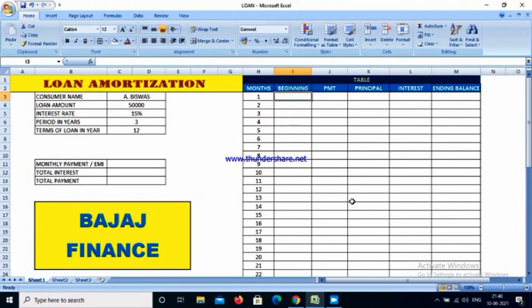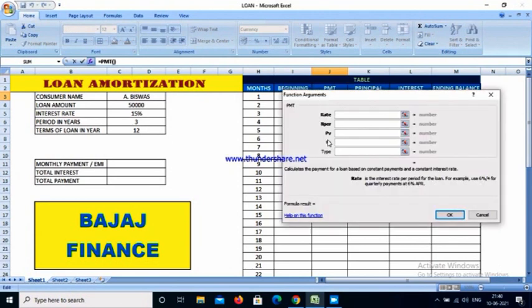Now beginning, here you should put your beginning loan amount. Put the equal symbol and click over this 50,000 cell value. The cell address here is C4, and look, C4 came, meaning your value will automatically display within this cell. After pressing the enter button, press enter. Look at here, 50,000 came. Now come to this column, this cell, to find out the per month turn or part payment. Press equal to PMT. Press Ctrl plus A to open the formula dialog box.